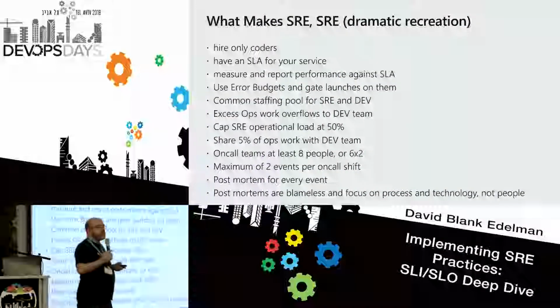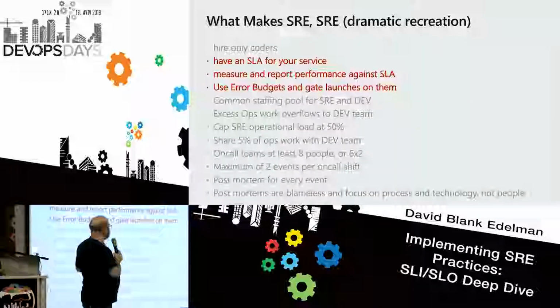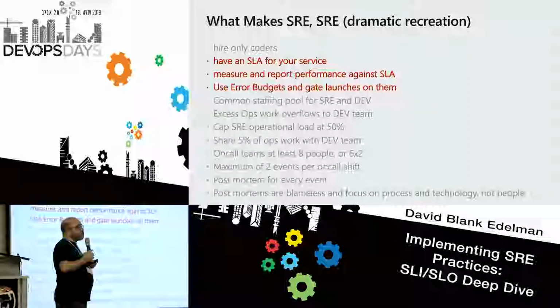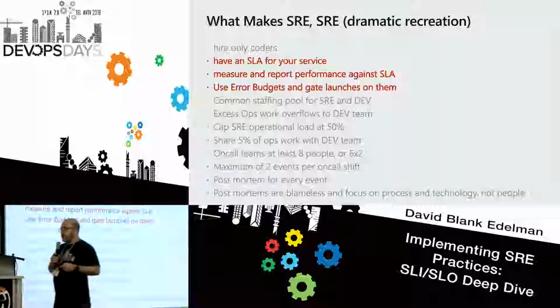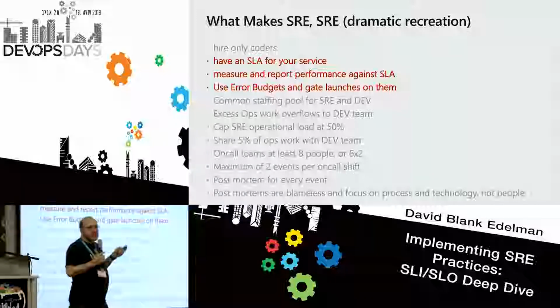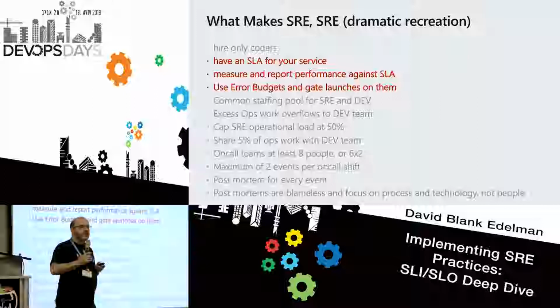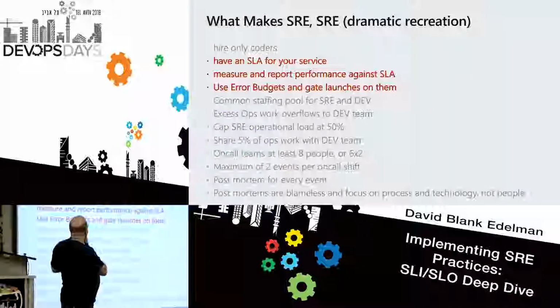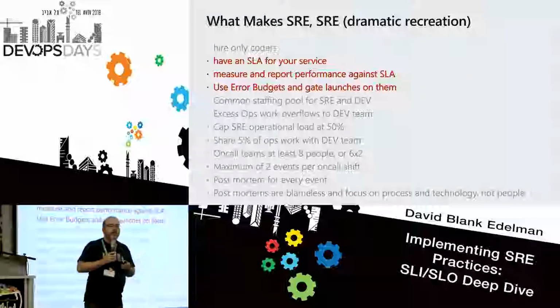You don't have to read all these things. In fact, I'm not even going to let you read all these things. We're just going to focus on some of these, just so you have some context here. So let's talk about the first three things that I have highlighted here. The first thing is this notion that you should have an SLA for your service, which is kind of weird because they don't really talk about SLAs in Google. I don't know why he used that term. You measure and report against that SLA, and you use error budgets. And we'll talk about what error budgets are later.